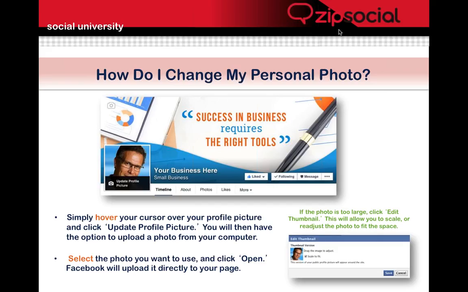All you're going to need to do is hover your cursor over your profile picture, and you're going to click Update Profile Picture. You'll see that little camera icon appear right there, and then you can upload a photo from your computer or from a website or whatever. You just select the photo you want to use and click Open, and Facebook will automatically upload it to your